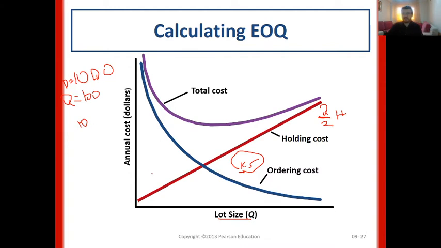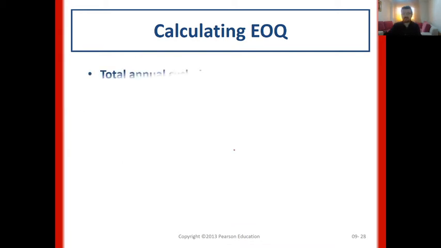And the holding cost will be related to our cycle inventory. When you change Q to 200, how many orders will we give? 5 orders, and it will be multiplied by the ordering cost,